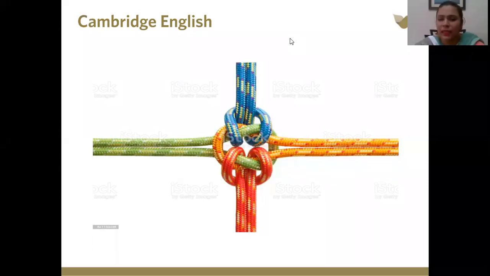But if you look at the picture, each string has a different color. So similarly in the English language, each skill has its own merits. And at the same time, they're not separate from one another. They're closely linked while being separate at the same time. So this is how the English language works. So let's just move on